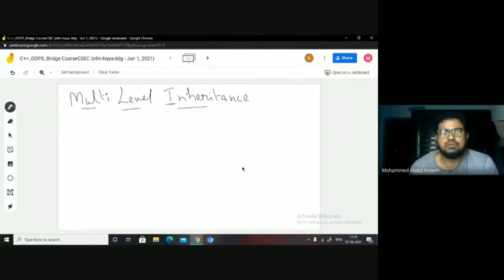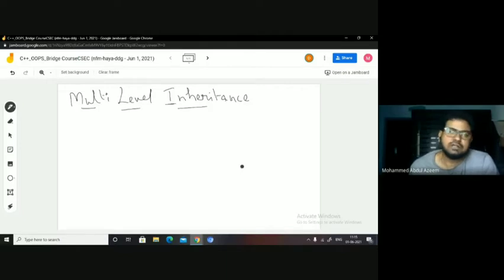In order to invoke the members of the base class through the derived class object, they must be publicly accessible in the derived class. Yes or no? So the scope rules I have defined in the last class with the table, I hope it is clear to all of you.